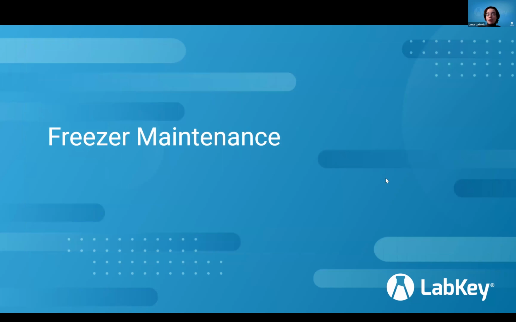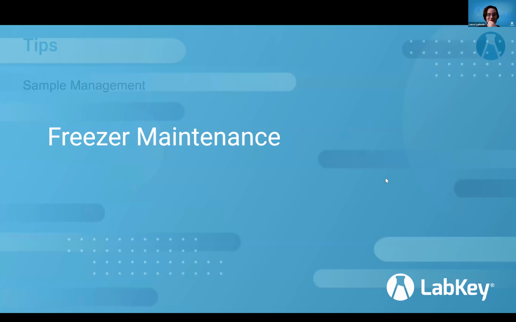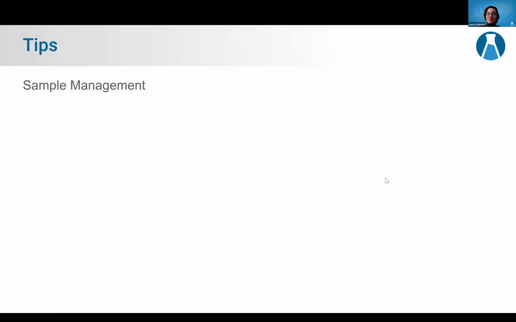Now that I'm able to organize my data and now that I can find the samples we need to pull, it's time to talk about probably one of the most dreaded lab events, and that is freezer maintenance. That is always something that I felt like when I was working in the lab made us kind of want to put it off, but it's something that we had to do pretty regularly. And there's a few ways that we can make freezer maintenance much easier with Sample Manager and kind of going beyond Sample Manager. So kind of looking at our samples, we want to make sure that we're using barcodes